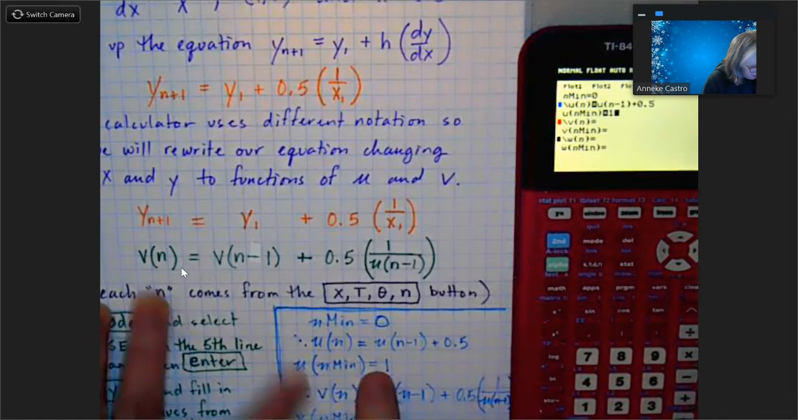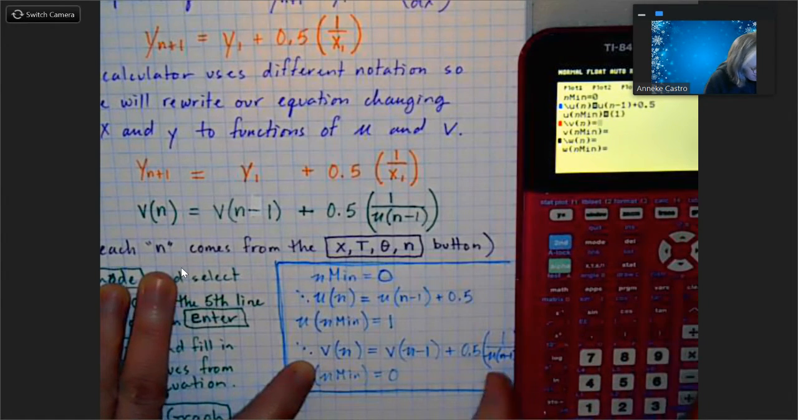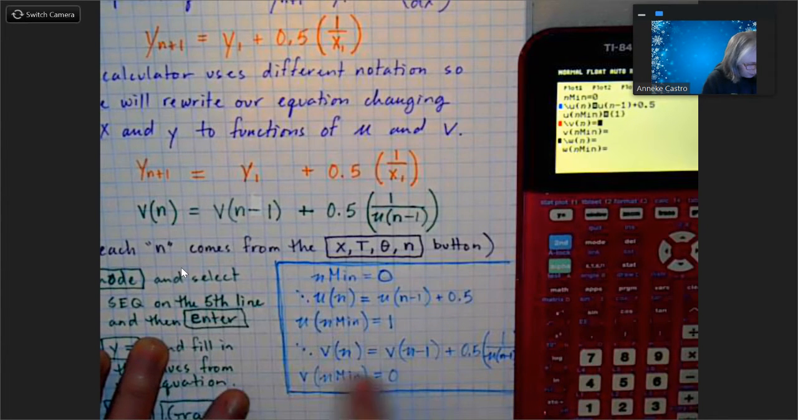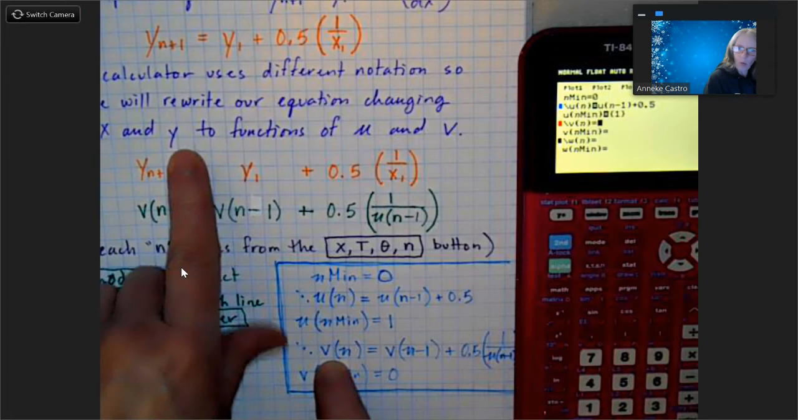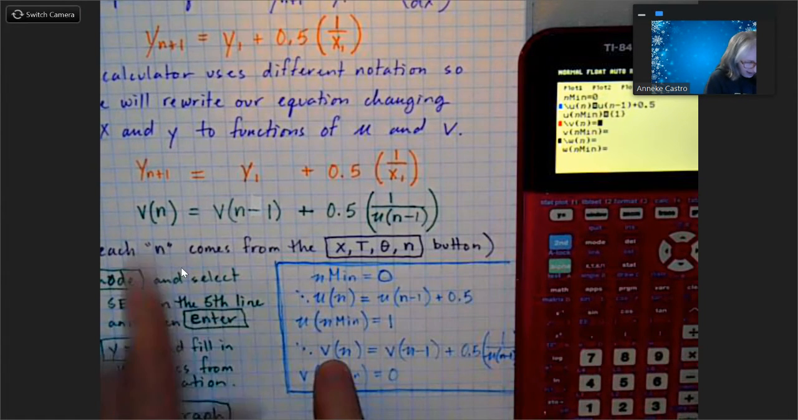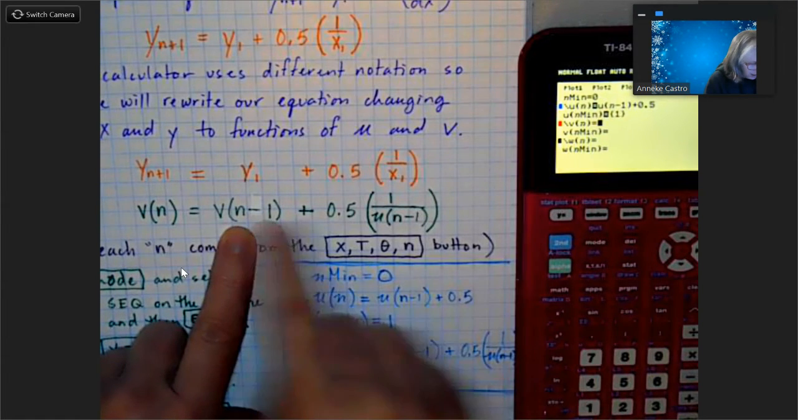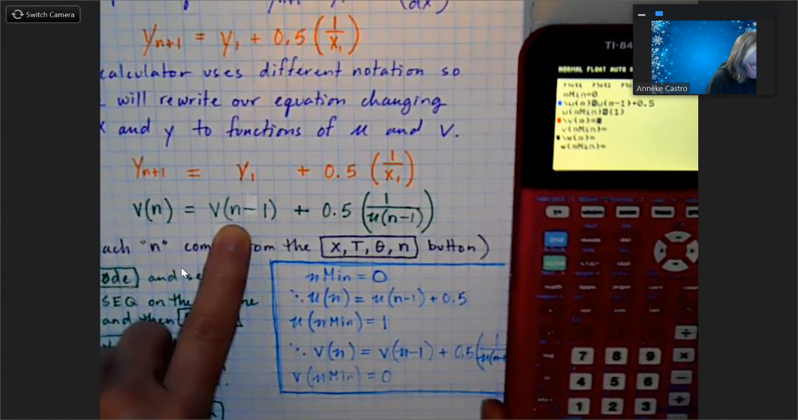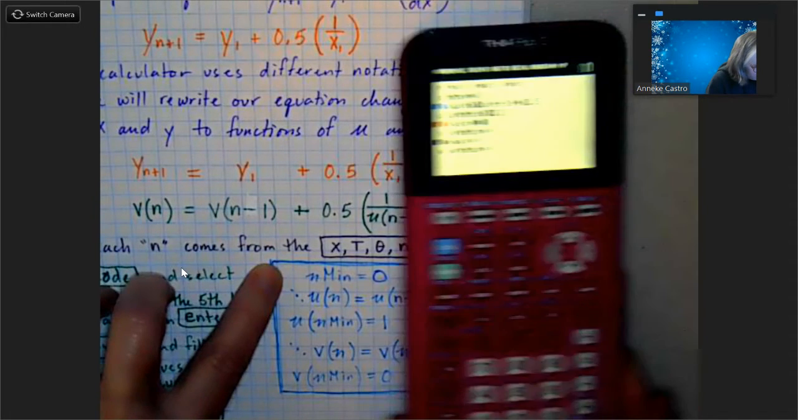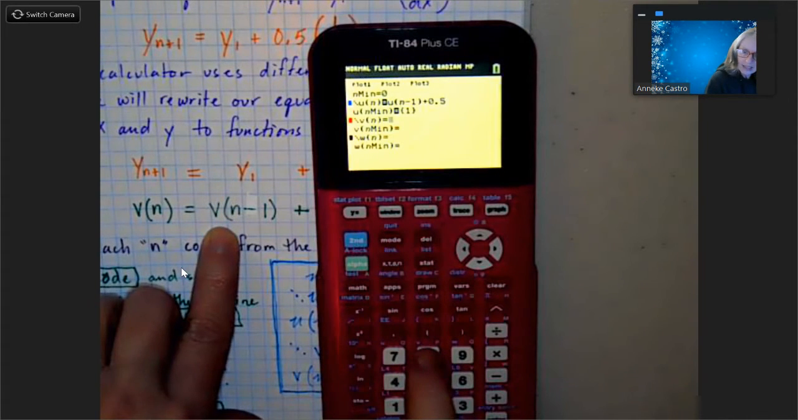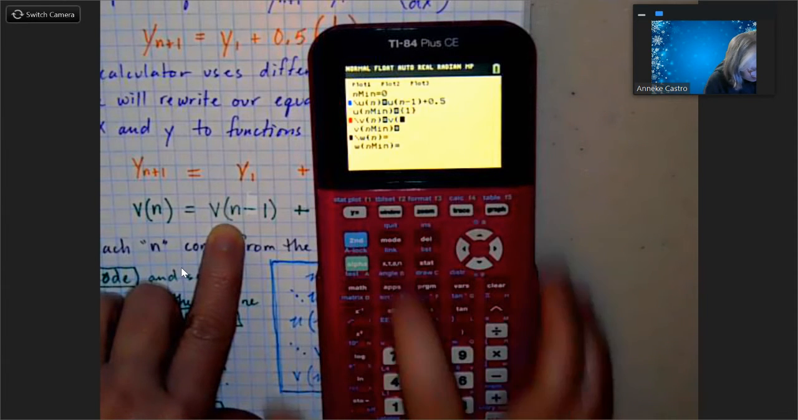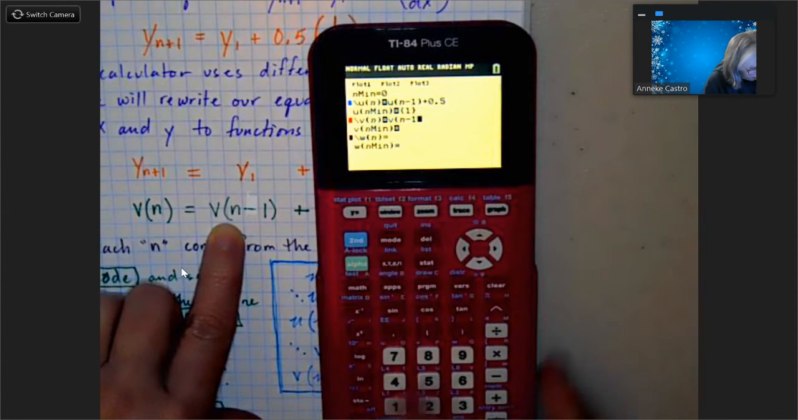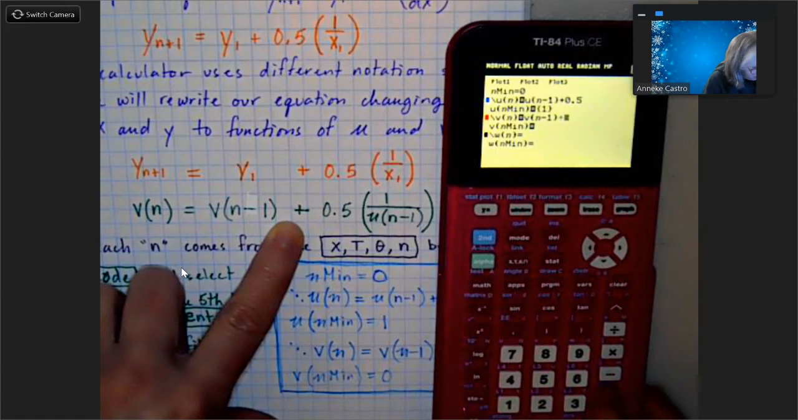That's my U n min. And then for the next line, this is where I need this equation. It's asking me, how do we get V of n? V of n is y. Remember I said we're changing y's to v's. So V of n is equal to, and then we actually have to type in this whole thing that we just set up using our formula. Okay, so I'm going to type in V. V is an alpha, use the second key, second 8. So there's my V, parentheses, n is a variable, n minus 1, plus 0.5,